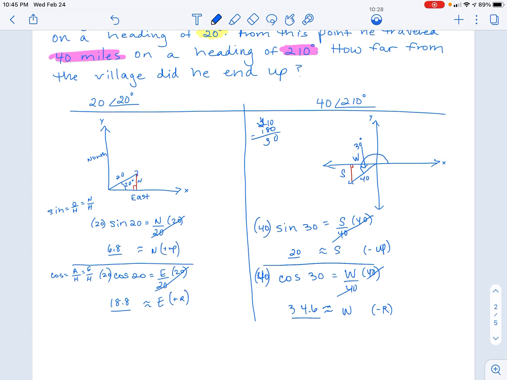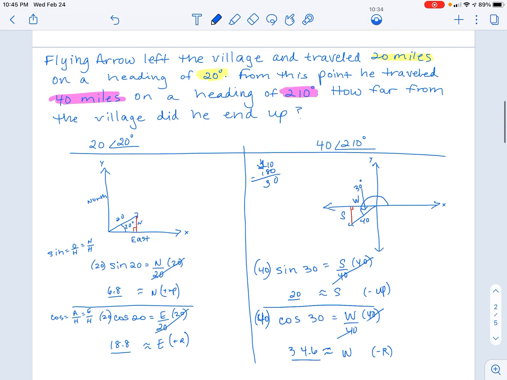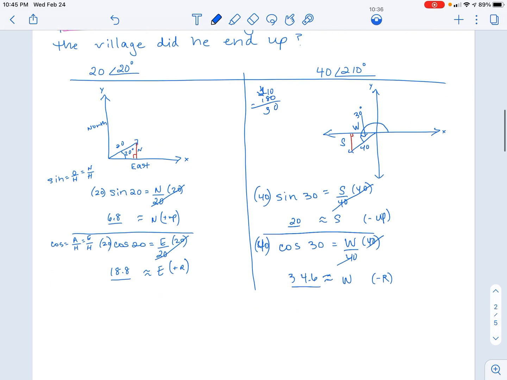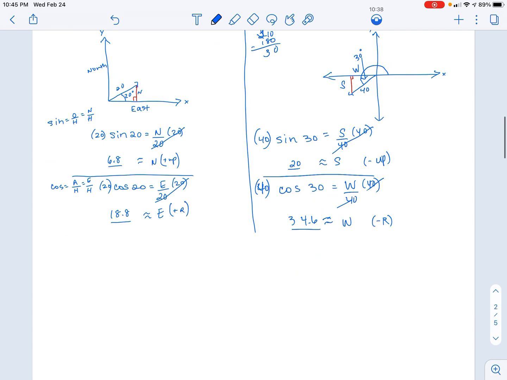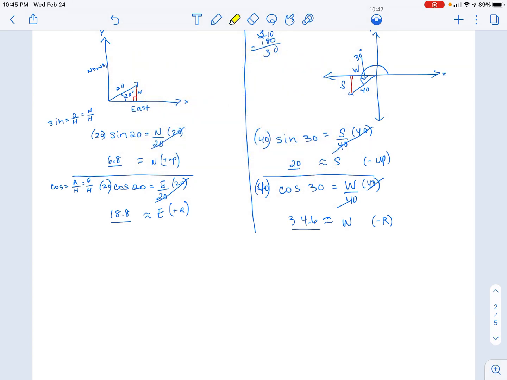All right, just to help us, because now we're going to have to write these in rectangular form, which we've been doing. We're going to do that for each vector, and then we're going to add them together, because once we've added them together, now we can figure out east and west, north and south, how did he really travel? So let's take our information. Let me highlight what we're going to take. So we're going to grab this